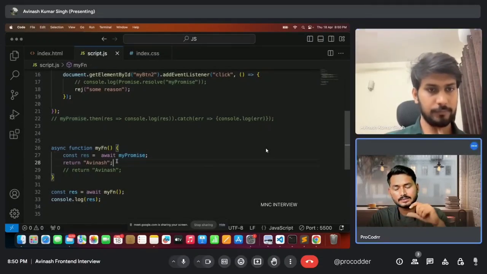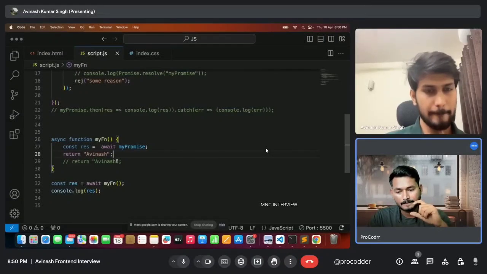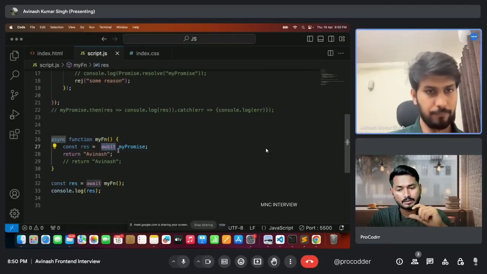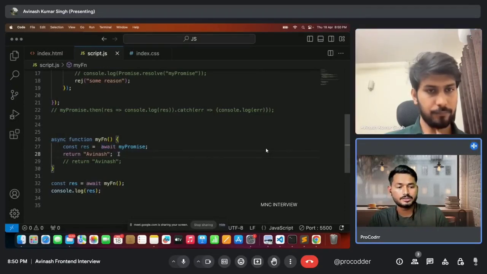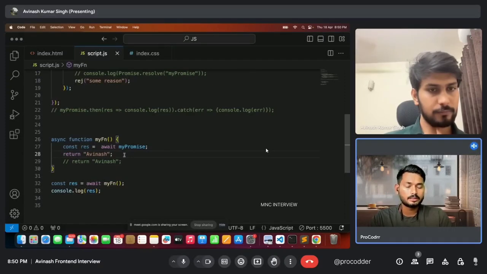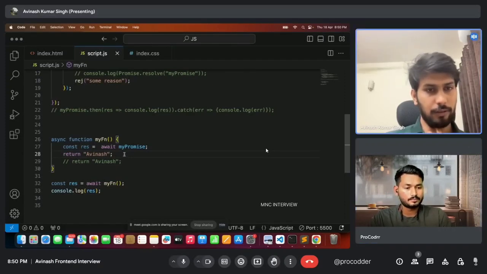So the question is, if we are using this await keyword, then the execution of that function is stopped, right? It is suspended. If that execution is stopped, will it not block the main thread of JavaScript?